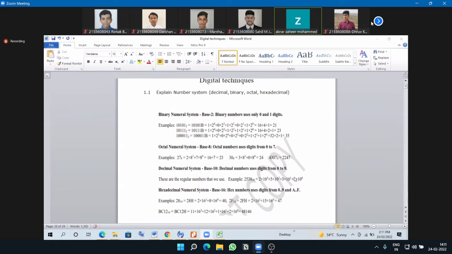Okay, your computer memory does not understand your normal decimal numbers, so it uses these binary numbers. Okay, binary and the other formats. The computer memory understands only ones and zeros, so that's why we should know these different types of number systems. Okay,